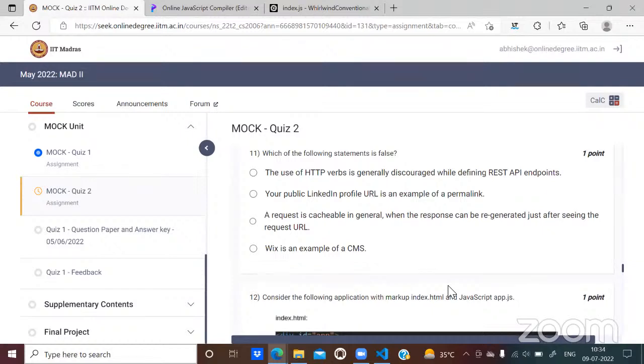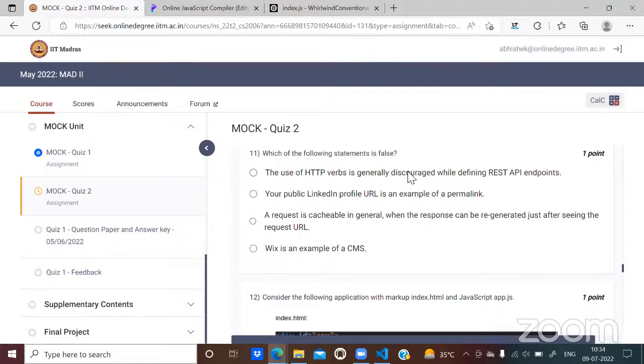Okay, so let me take a generic example, or instead a very specific example. Say in the MAD1 lab assignment in week 5, week 6, or week 7, you basically worked with 3 entities. One was student, the other one was post, and the third one, I guess, was enrollments. These 3 are the entities that you are using in your application, and you are just going to work with these 3 entities, not outside.